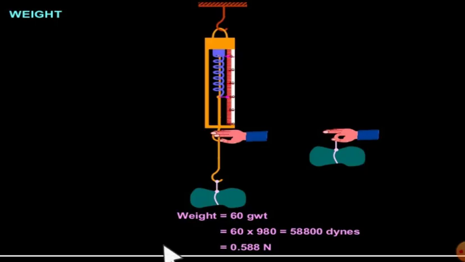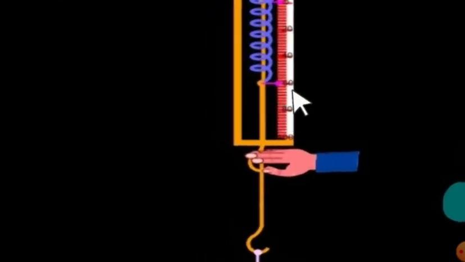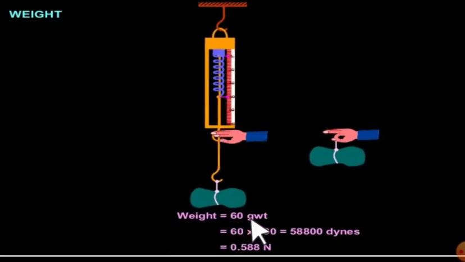Now let's see about weight. Weight can be measured by using a spring balance. If you find the mass, then mass into acceleration due to gravity at that point will give you the weight, no doubt. So here I measure it and suppose it comes out to be 60 gram weight. So 60 gram weight means 60 gram into acceleration due to gravity at that point, that is 980 centimeter per second square. If you multiply these two,